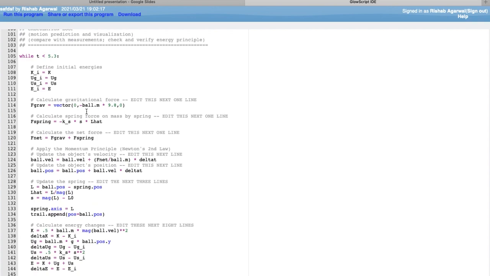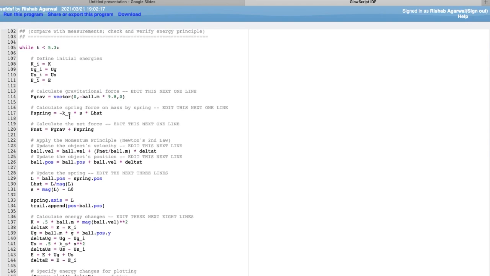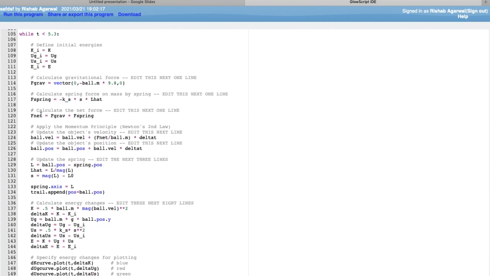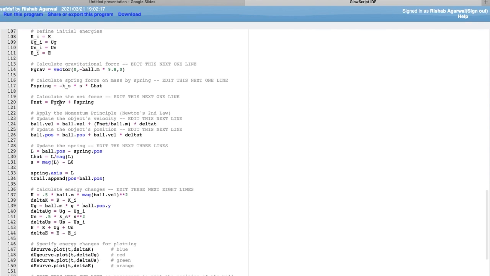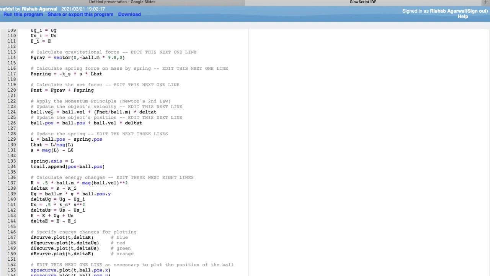Here, we had to calculate our vector forces. First, the force of gravity is given by the vector 0, negative m times 9.8, 0. The force of spring can be given as negative ks times s times L hat. The total net force can be given as force of gravity plus the force of the spring. And here, we apply the momentum principle, where the final velocity of an object is equal to its initial velocity plus its